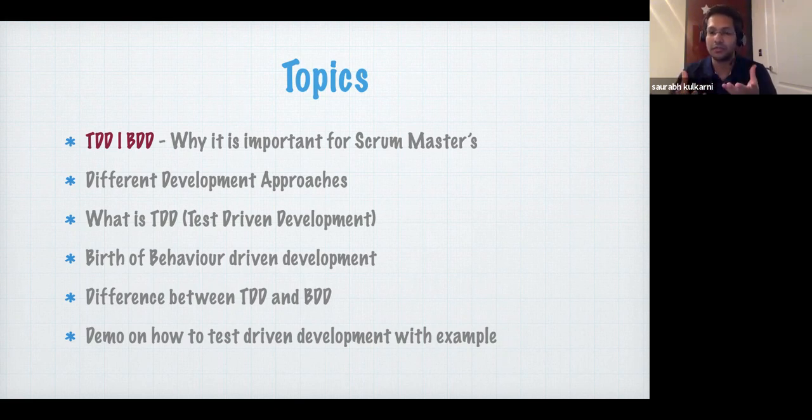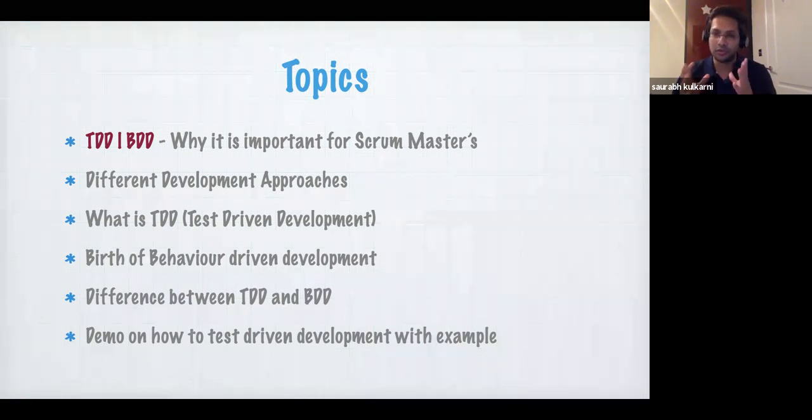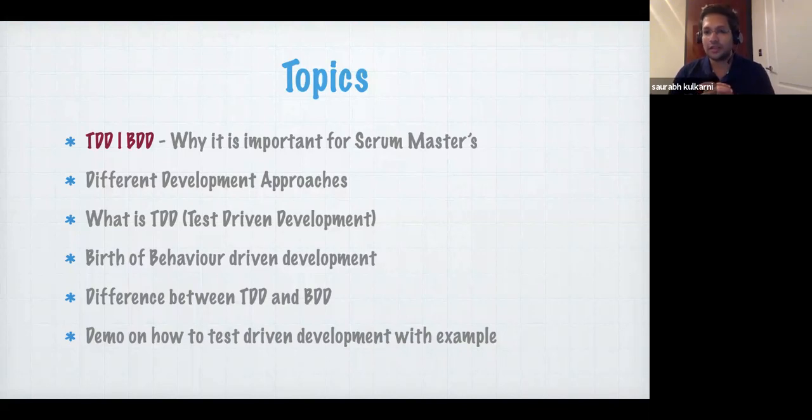Then we will see a quick difference between the two, though they both share the same goal, and you will know this later in the session. After that, we will see a case study: we will do a simple project and implement TDD, and also a case study on BDD with a simple example. So let's start with why it is important.